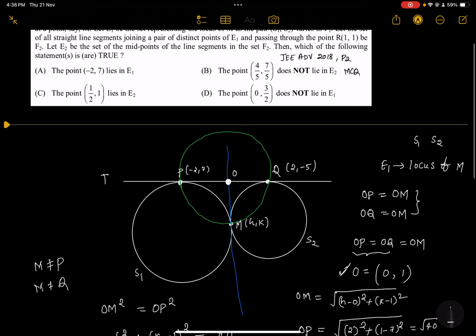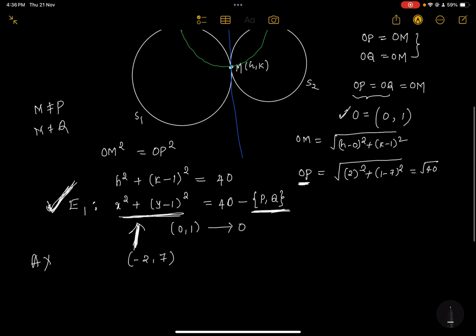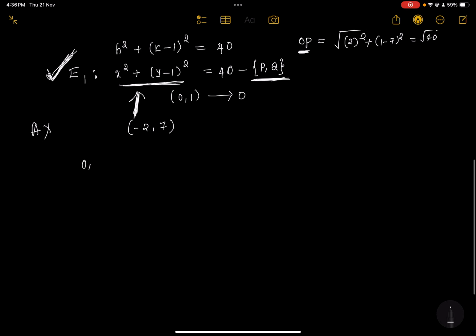Now let us go ahead and check option D, (0, 3/2) does not lie. So let us substitute (0, 3/2) in this. So 0 square plus (3/2 minus 1) whole square. So this will be 1/4. 1/4 is not equal to 40. So it does not lie in E1. So option D is correct. Now moving ahead,